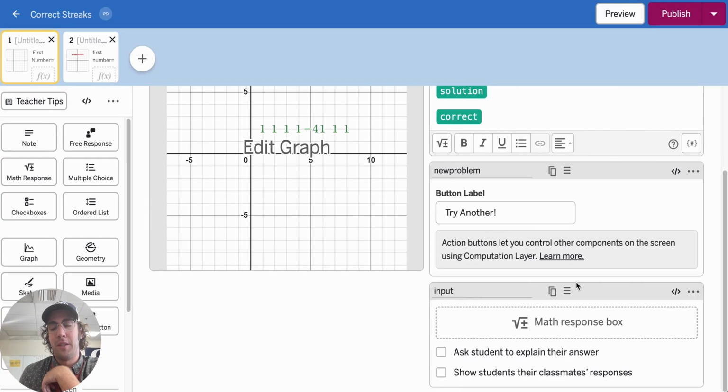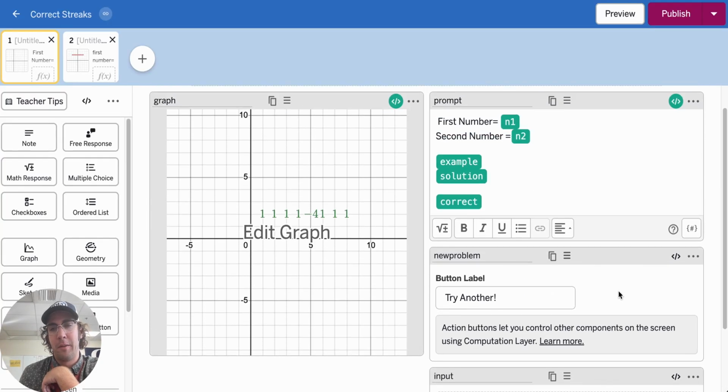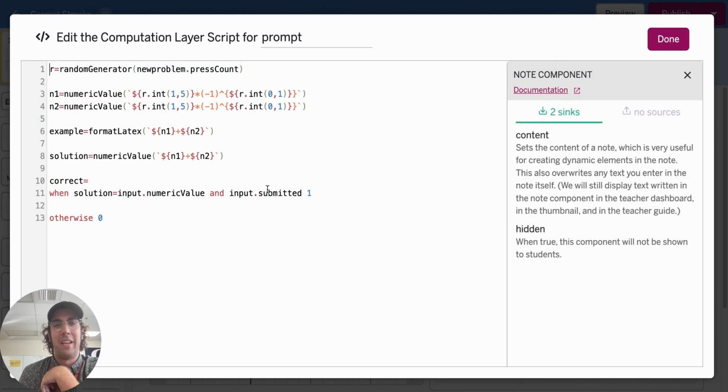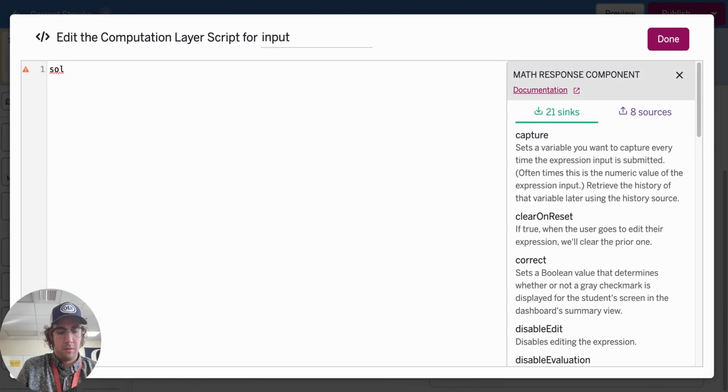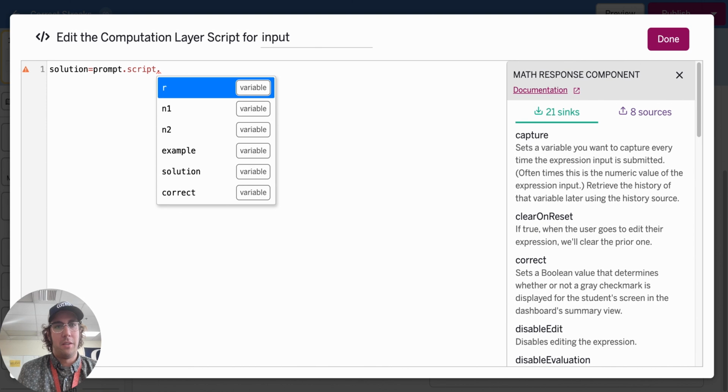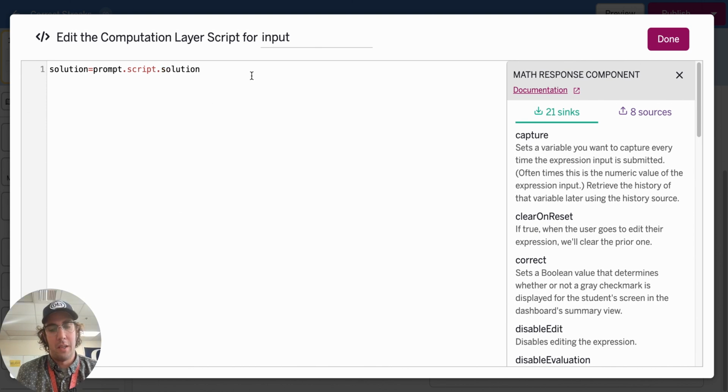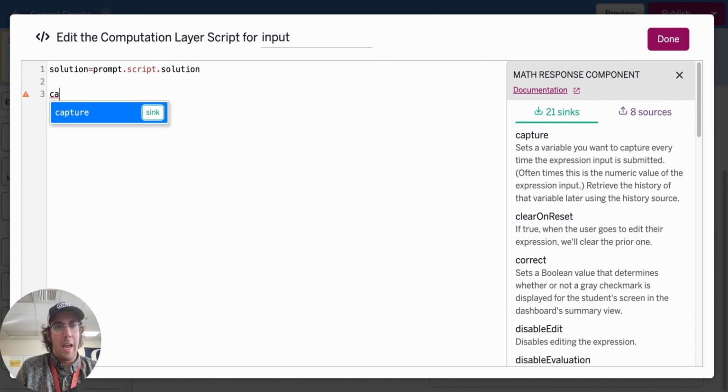I think what's important for this input is creating something slightly different. I get confused because we have correct and solution. So I'm going to take the solution bit from this. So I'm going to go in here, I'm going to call something solution, go to the prompt script, and go to solution. Okay. So now I can say capture